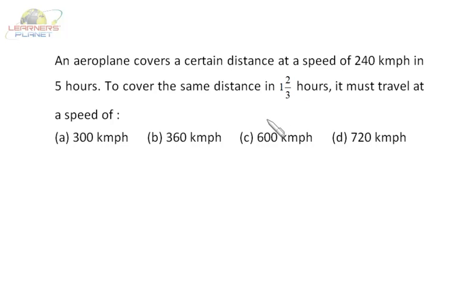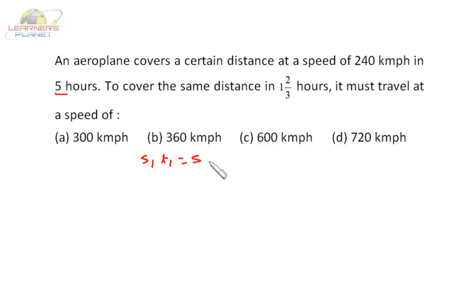Now let's take this question. An aeroplane covers a certain distance at a speed of 240 km per hour in 5 hours. To cover the same distance in 1 2 by 3, that is 5 by 3 hours, it must travel at a speed of. Further, the same concept, since distance is constant and speed is inversely proportional to time, speed